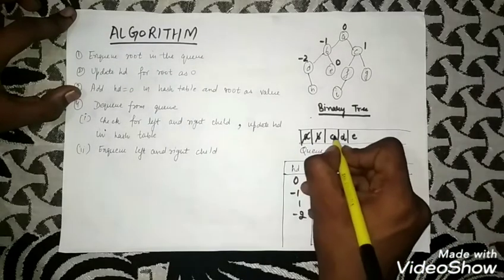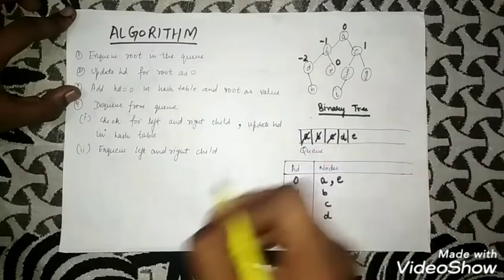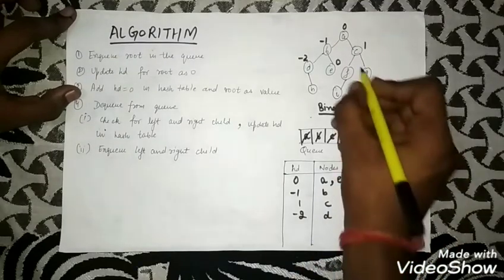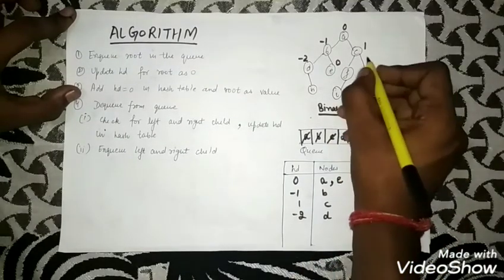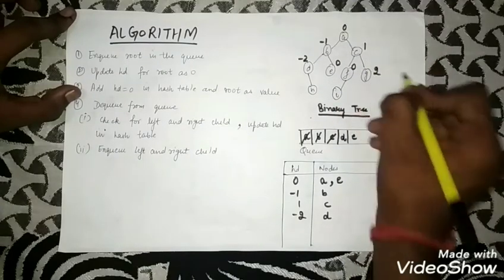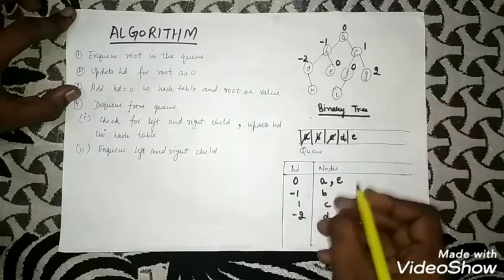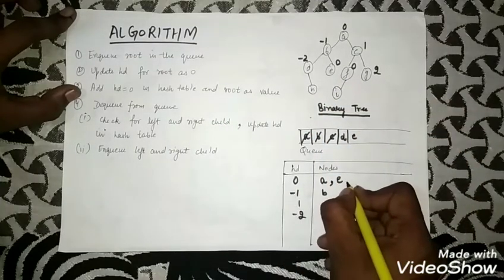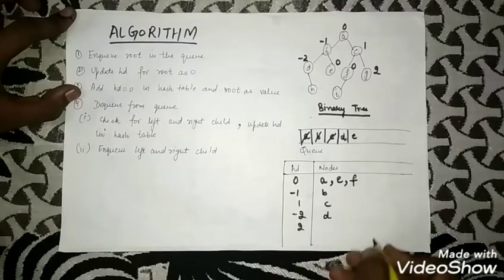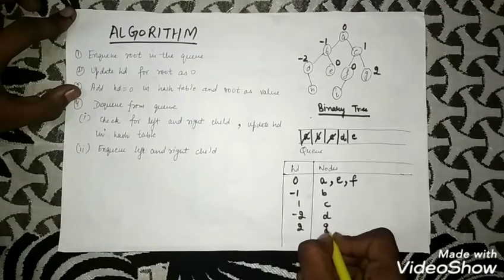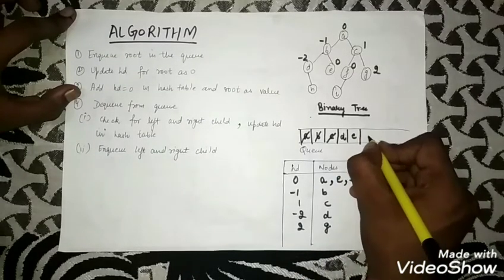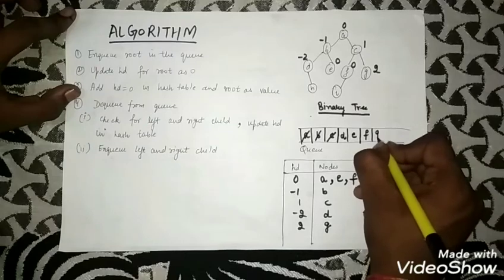The loop will run again. We will remove a node from the queue. I am removing C from the queue. After that we will check for the left and right child. Left child is F, right is G. Let's assign HD for them. 1 minus 1 is 0. 1 plus 1 is 2. Okay. Now we will put them into the hash table. For 0 we have F here. For 2 we have to insert a key here and write G here as the node. And then we have to put these children into the queue, putting F and G into the queue.